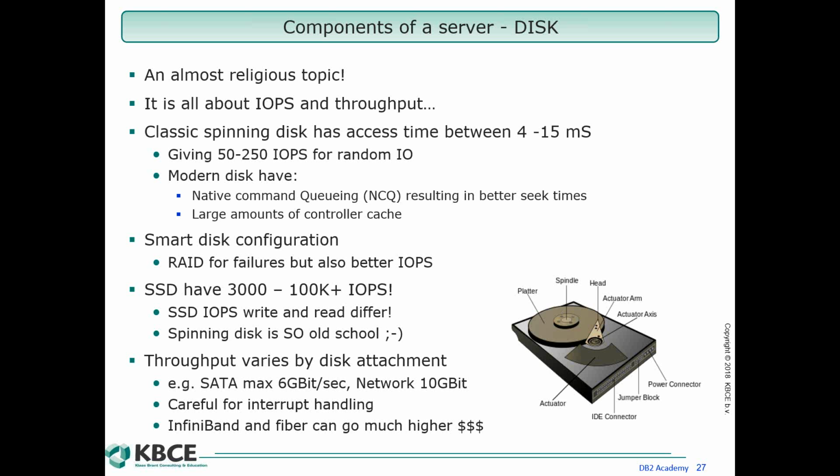So spinning disk is old school, and the future will be bright. We will all have solid-state disks, right? But that might take a while, because to have a huge amount of solid-state disk is still expensive, although that might be going away very rapidly or not even be true anymore. So that is